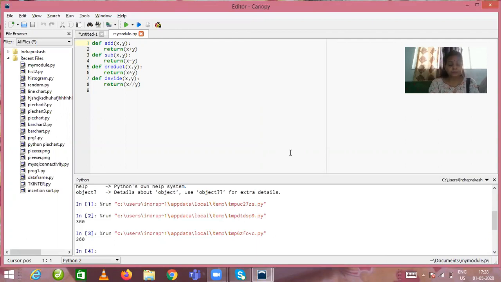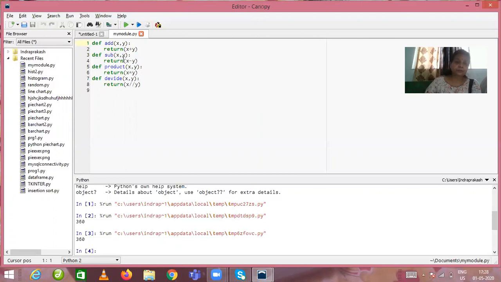Okay. So in this module there are different functions. The first function is the add function, another is the subtract function, the next is the product function, and another is the divide function. In this module I'm not going to discuss a big concept, just how we can create a Python module.